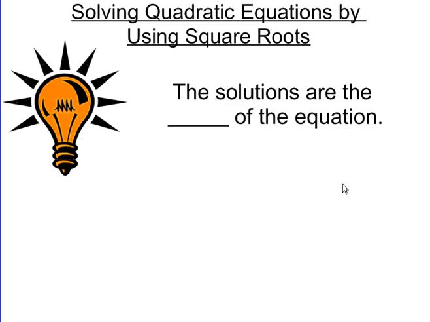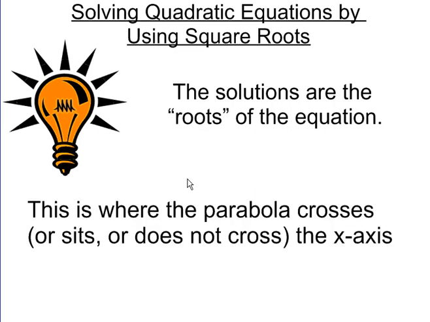So let's take a look here. We want to remember that solving equations for the solutions is the same thing as calling them the roots of the equation. This is where the parabola crosses or sits on or does not cross the x-axis. Remember, we're talking about a parabola. This parabola can be in several places. It can cross the axis in 2 places. It can sit right upon the axis like so, or it can be not even touching it. So we could have different numbers of roots or solutions